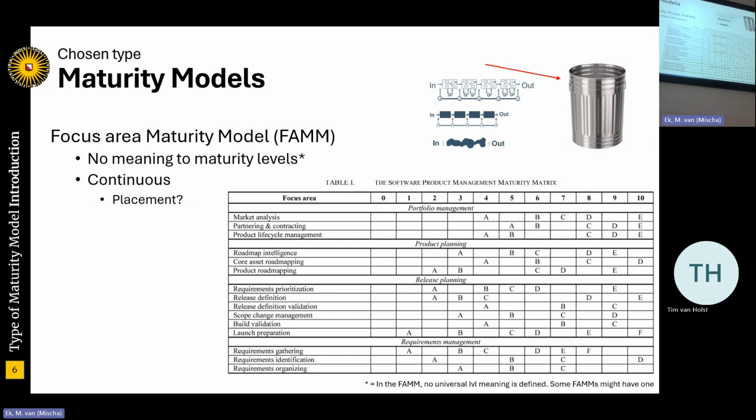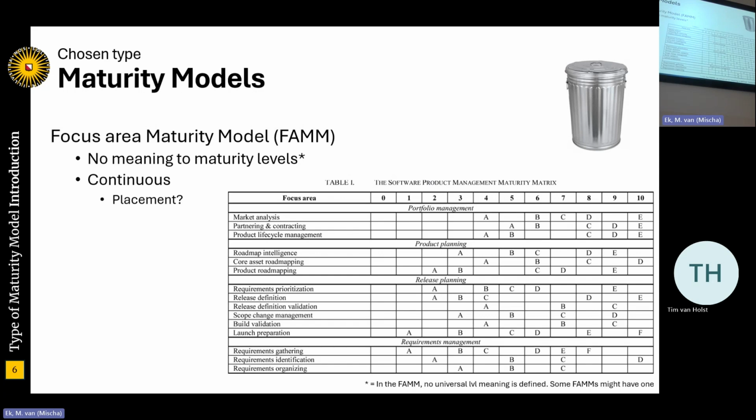It's great, it's amazing, but a lot of other maturity models are available. For my research, I looked at the focus area maturity model. A bit of the logic of the capability maturity model, you can put in the trash. It's a continuous maturity model where you start at a specific row, and you look at what is first done there and what capability you have to do next.